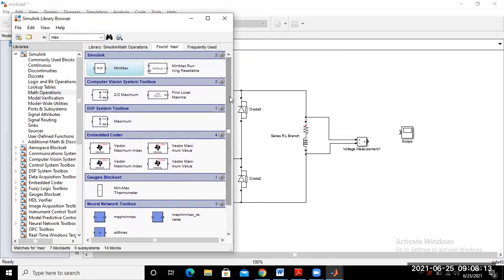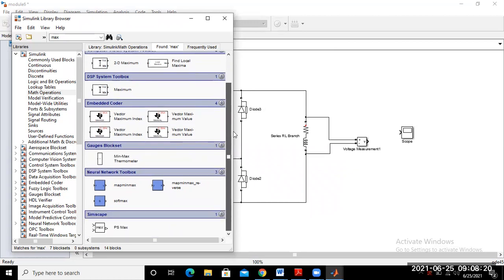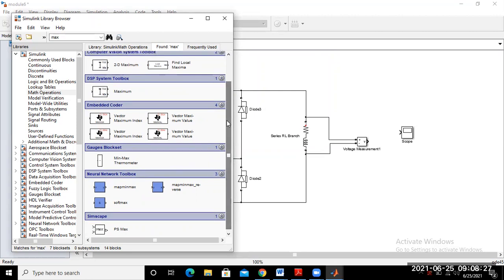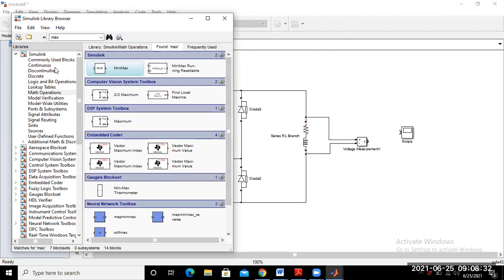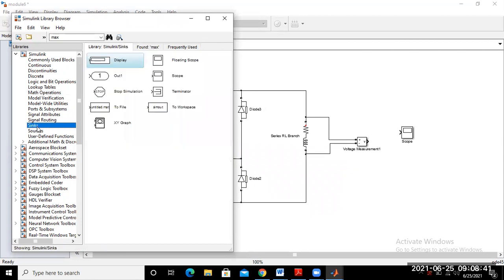Just go to the sync. If you go to the sync, the source is not given here.